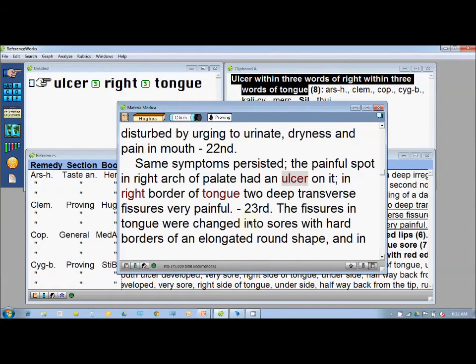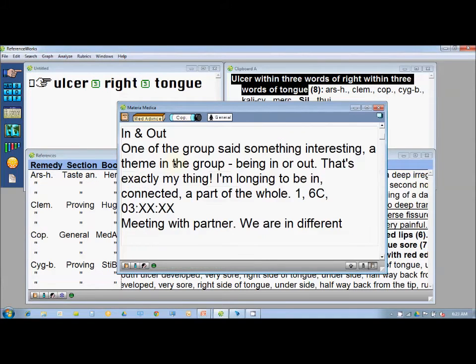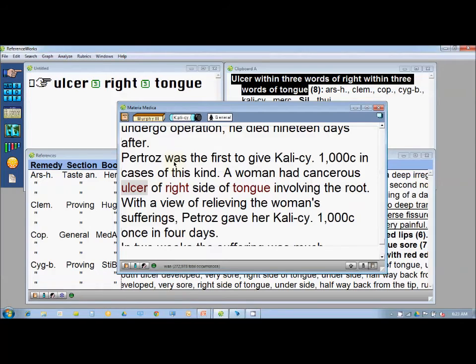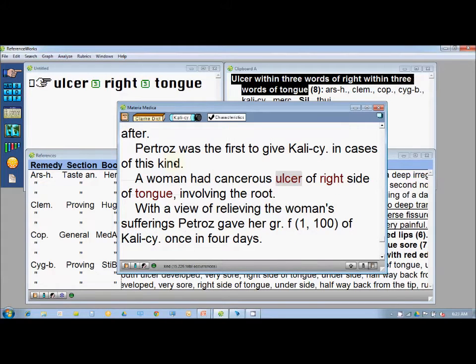We press the button tab and it goes further. So you can see here the next remedy which comes up in my materia medica is Clematis from Hughes, and it has mentioned: same symptoms persisted. The painful spot in the right arch of palate had an ulcer on it, in the right border of the tongue two deep transverse fissures, very painful. So this is also somewhat similar. So we go further by pressing the button tab, and as we go on reading, we come to a remedy which is named as